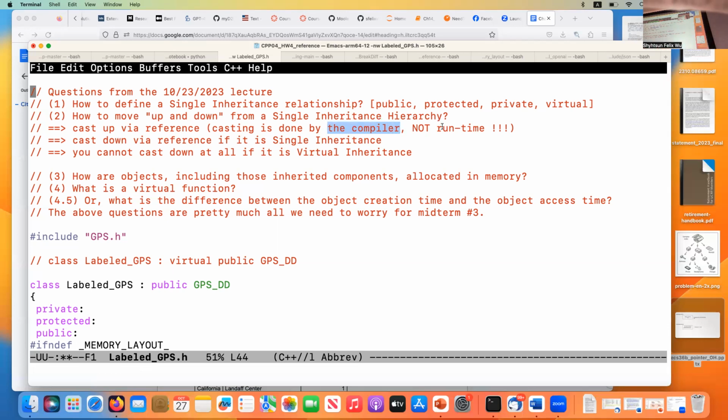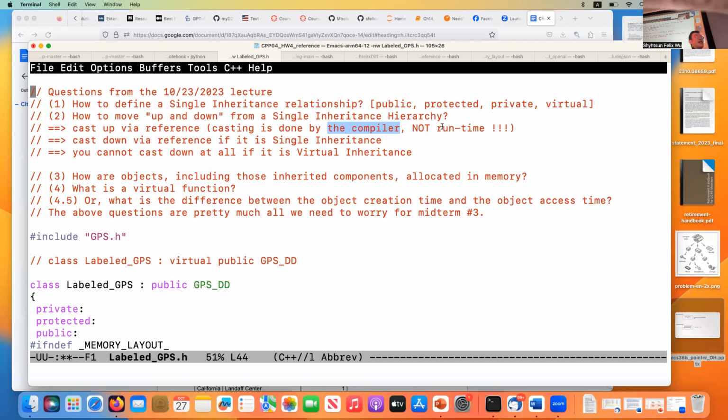Okay, well, why did I emphasize this? It's because, remember during your first midterm, I talked about the difference between runtime error and compile-time error. And this becomes more and more significant when you develop an object-oriented program: what decision will be made at compile time, and which decision will be made at runtime.